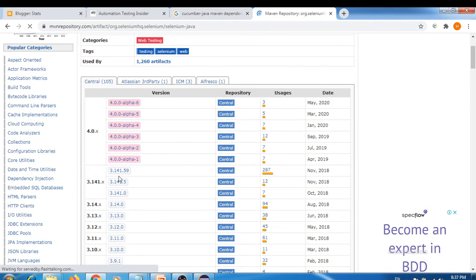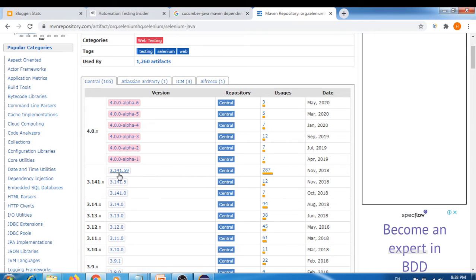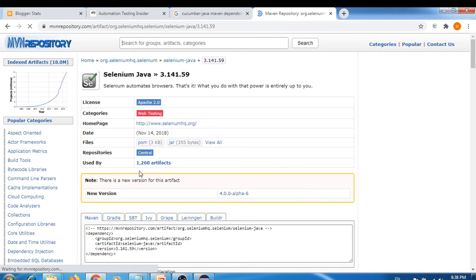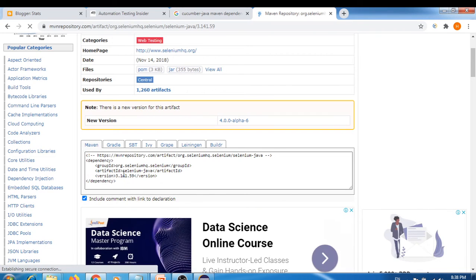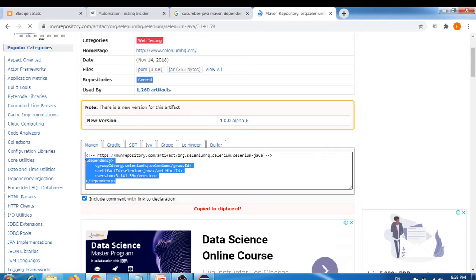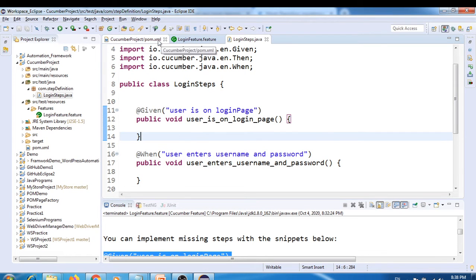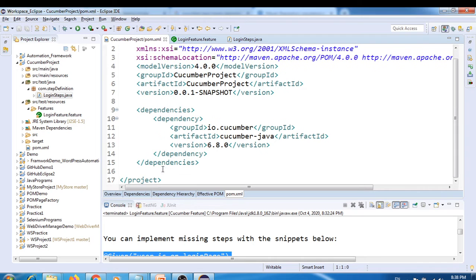I'll take the stable version, these are the alpha versions, the 4 version of Selenium is all alpha. So this is the stable one. Now I'll take the dependency from here and put it over here in my pom.xml